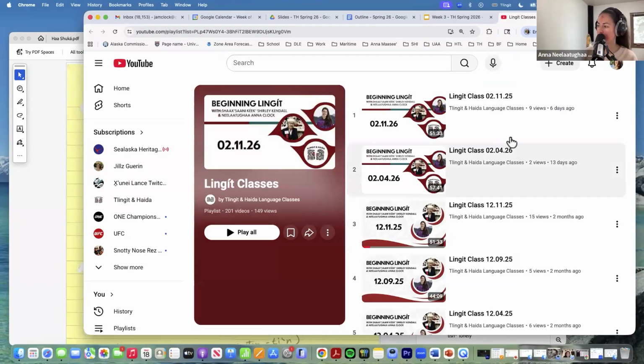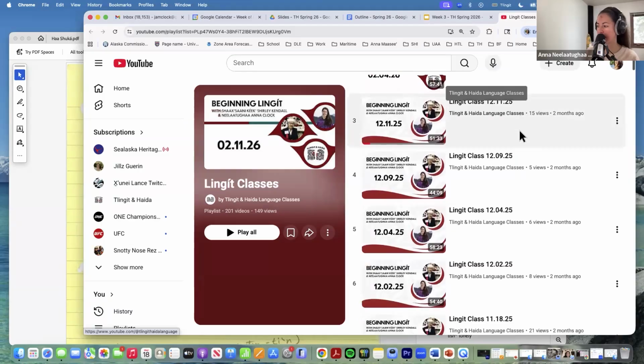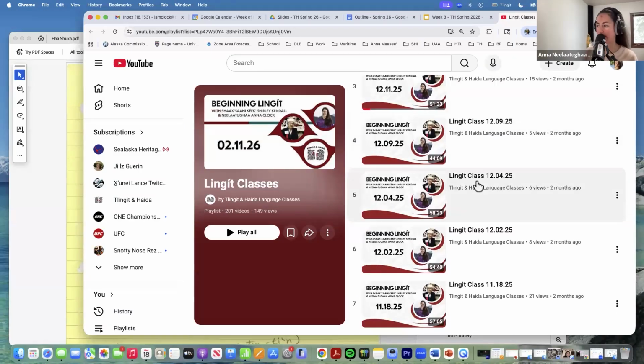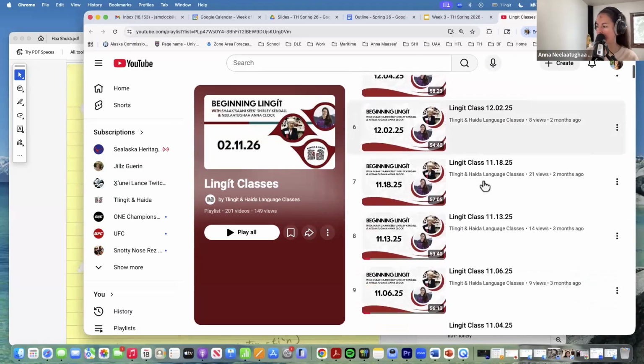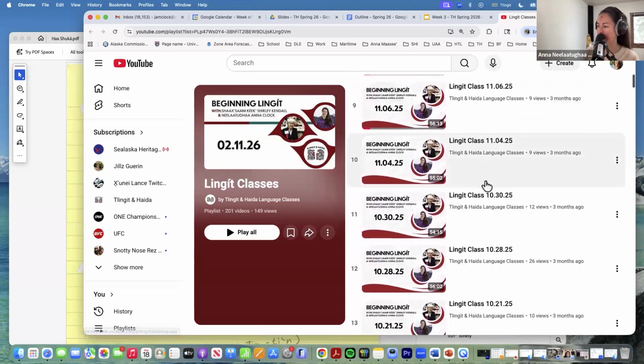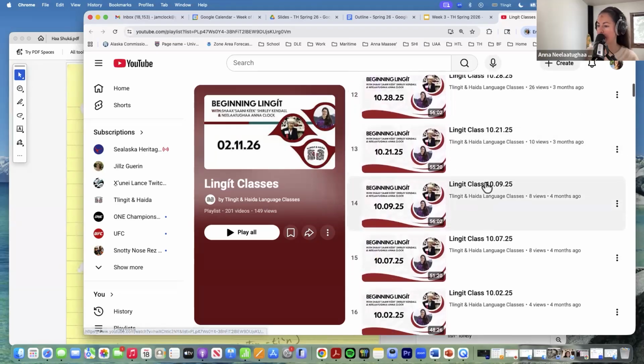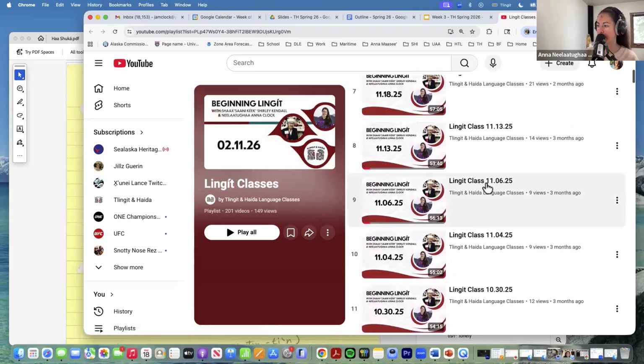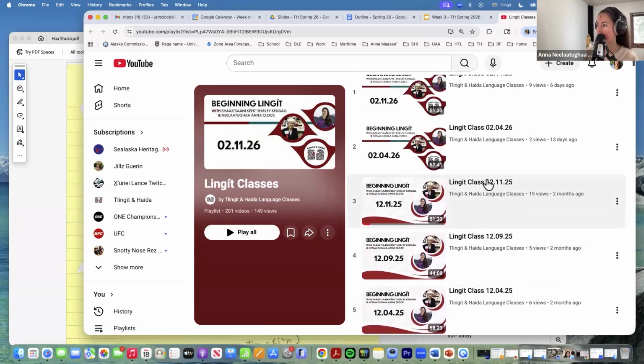And these are listed by date, which is really nice. So if there's a specific day you couldn't come, you can go back and watch it. If you want to see how Shirley and I have been teaching together for, I think, 4 years now, or see things that we've taught in the past, you can always give these a look. They're just all our old class recordings.